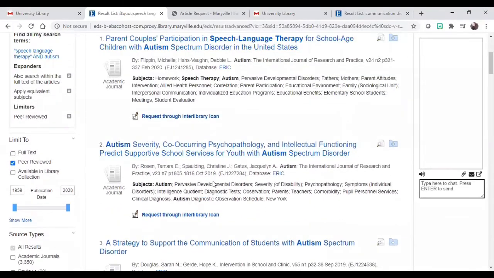And another trick that you can do is you can actually click this full text. So let's say you don't have enough time to request through interlibrary loan. You could click on this full text and it'll get rid of everything that's requested through interlibrary loan and only show you the things that are PDF full text. This is nice to be able to access information right away where you don't have to wait. It will eliminate what are potentially a lot of really wonderful articles just because we don't have the PDF full text. So be mindful of doing that full text.